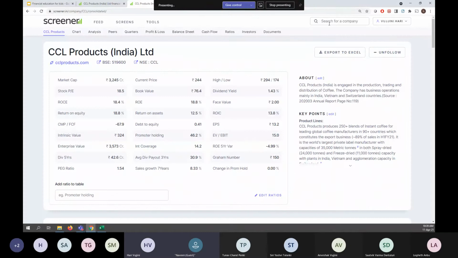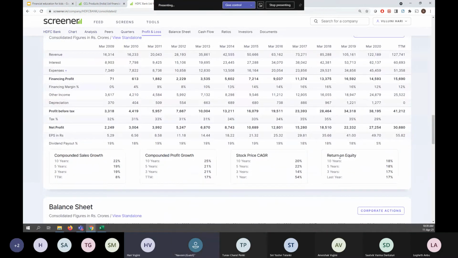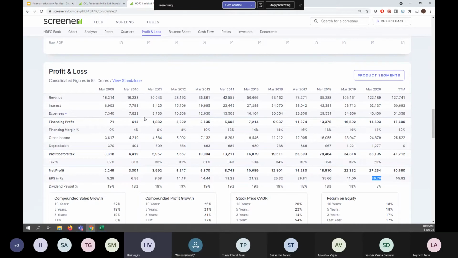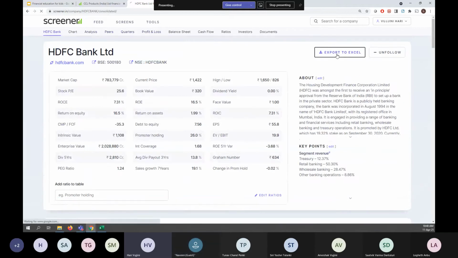So let me take another company. What are the big companies? Maybe you know HDFC Bank, right? I'm searching with HDFC Bank now, and I will show you the similar number. HDFC Bank made 49 rupees per share. It's the same logic. They have revenue, but banks are different. Overall the profit and loss statement has the same logic. They don't have any raw material, because banks don't manufacture anything. The raw material is the interest, because they borrow money for lending money. Anyway, I'm exporting to Excel now.